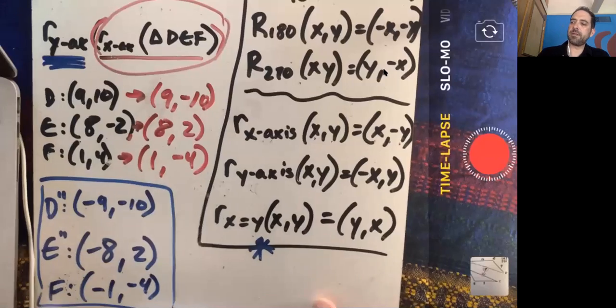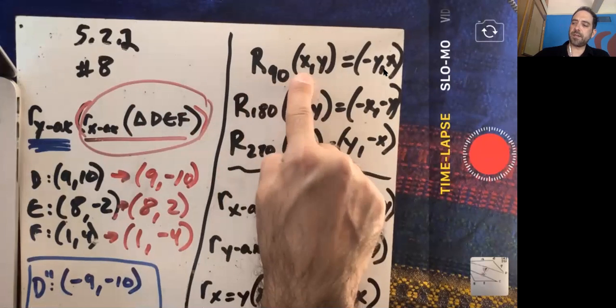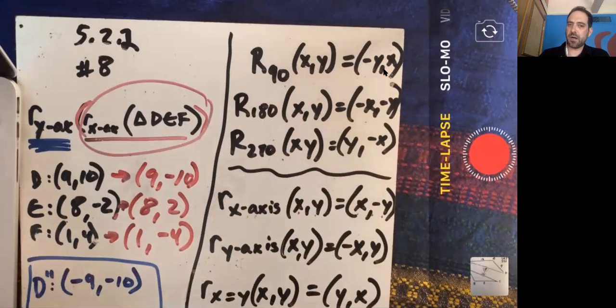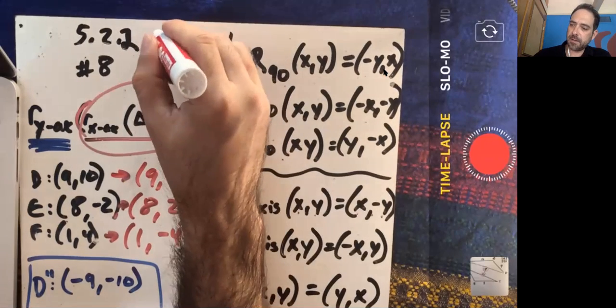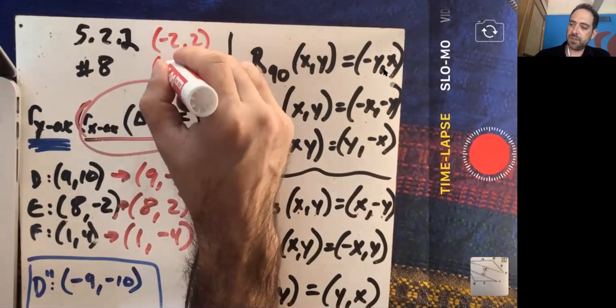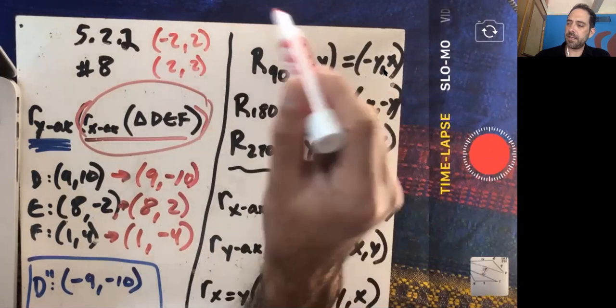What I was bringing up is, if my rotation is 90 degrees, I start with x, y, I end up with negative y, x. So again, we had the point negative 2, 2, and then we end up with the image of 2, 2. Okay, so what really happened with that? X and Y,